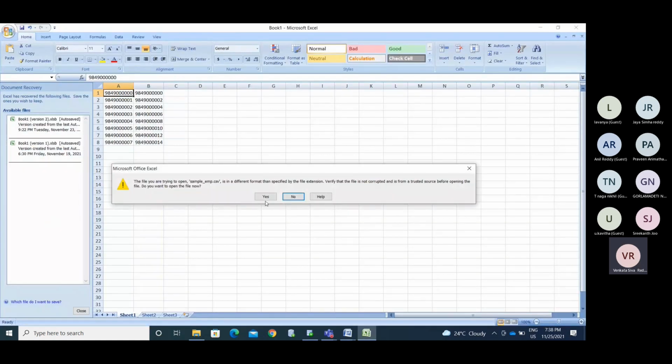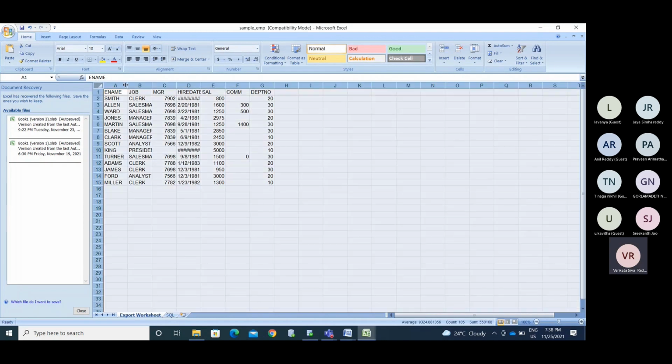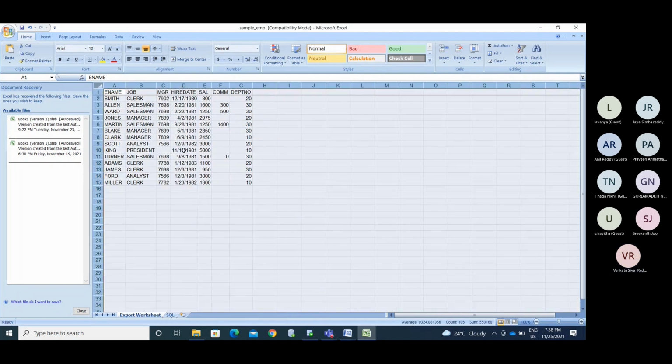Now we need to load this data into our database. To load this, we can call it a .csv file, flat file, or text file. So .csv, .excel, anything, right? We can call it a flat file. This is a flat file. Okay, this is the CSV, which means comma separated file.